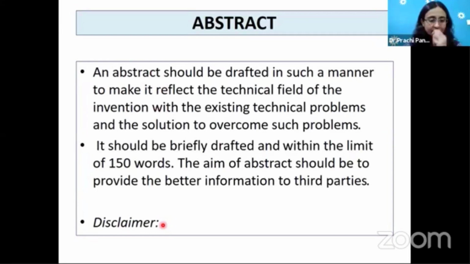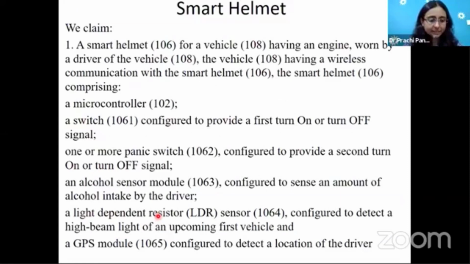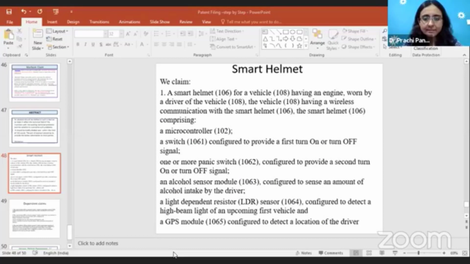This is just giving you one example of a patent application. I think you can see this particular form too. So this is for a smart helmet project. Smart helmet project is a very famous project because they have been awarded many times in AICTE and DST events. They have prepared a smart helmet by which they are properly allowing the driver to follow the traffic rules, as well as there are many systems. GPS system is there. There is an emergency help system present in the smart helmet.